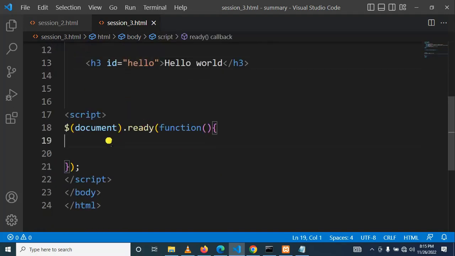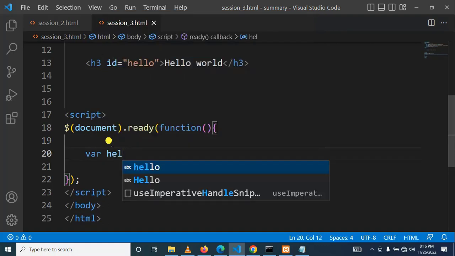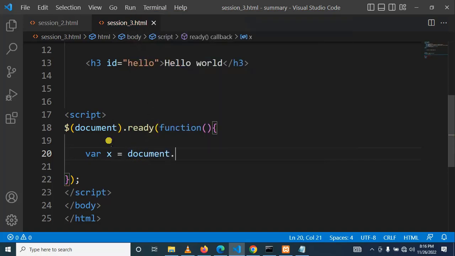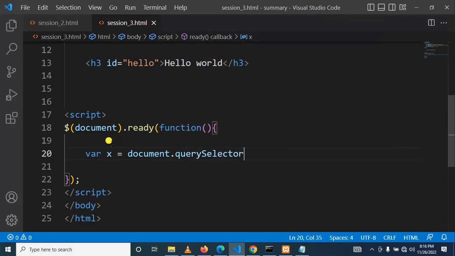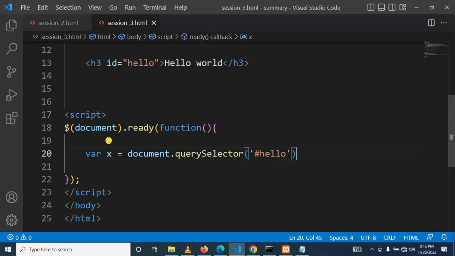You know how to do DOM selection, and you know how to declare a variable. So here I can say var hello, let me say just x like this, document.querySelector, then let me say hello. So if I console.log x here,